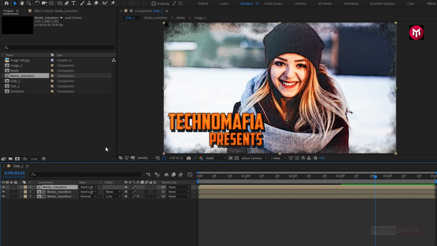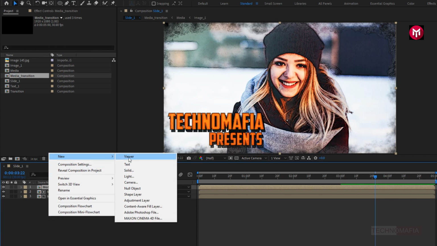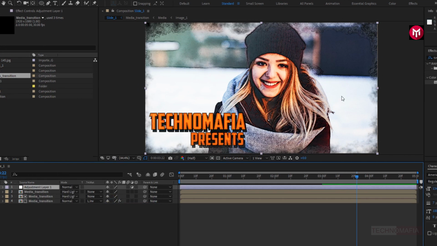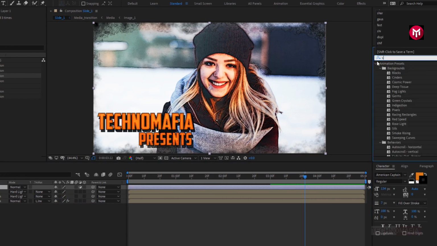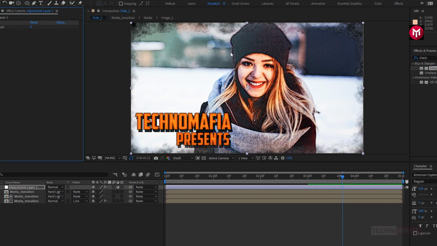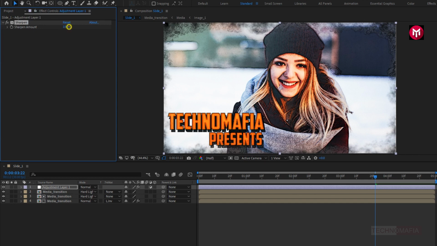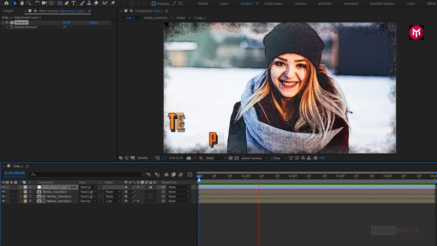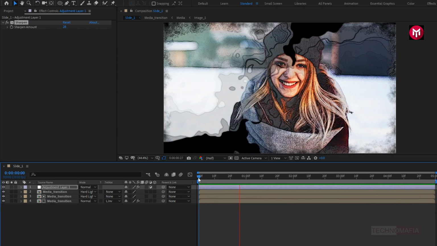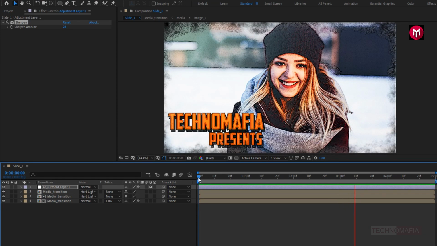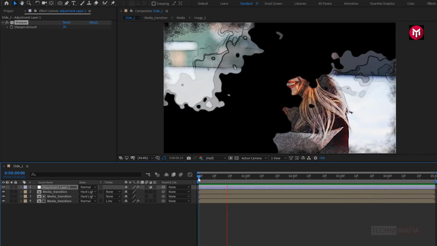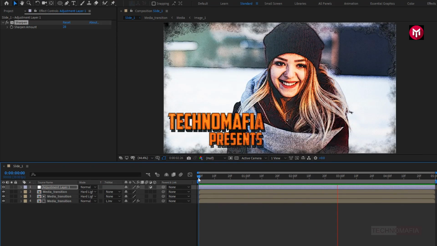Perfect. Now let's create a new adjustment layer. In Effects and Presets, search for Sharpen. Add it to the Adjustment Layer. Set Sharpen amount to 28. Let's see the preview. Perfect. Similarly, you need to create more slides, and you can use my 30 Smooth Transition Pack to apply transitions